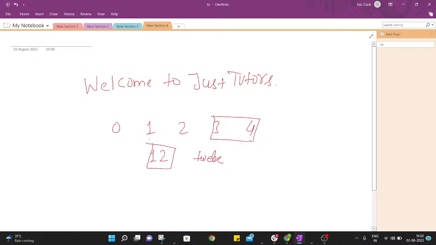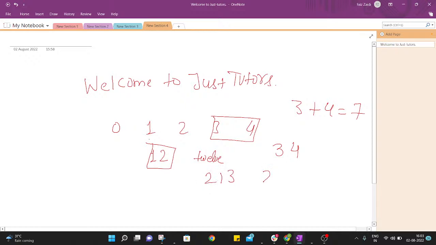If we combine these two numbers, please make sure that you pay your full attention here. I am saying you combine, you are not adding. If we add these two numbers, we all know what we will get. We get 7. But if we combine these two numbers, we will get 34. Just like this, if we keep on combining numbers, like